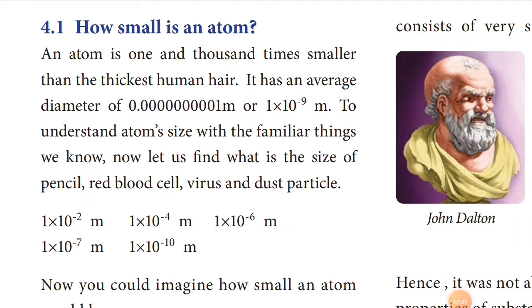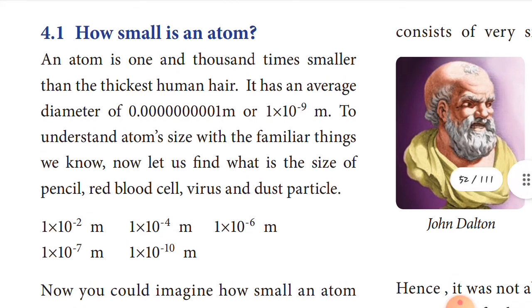Okay, children, in our last chapter, that means the third unit, we have studied that anything around us, that means matter, is made up of what? Molecules. Yes or no? Yes. You know, children, molecules are combinations of atoms of different elements or the same elements. For example, table, chair, bag, books, chalk piece and blackboard. In short, everything you see around us is made up of what? Atoms. This is clear to you, children?